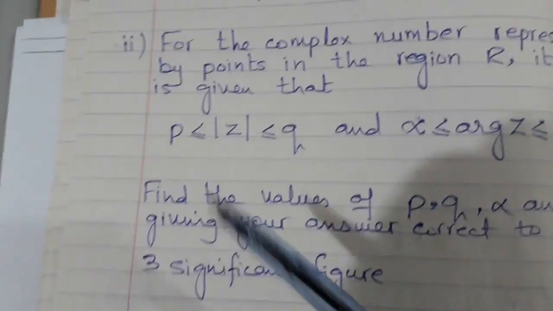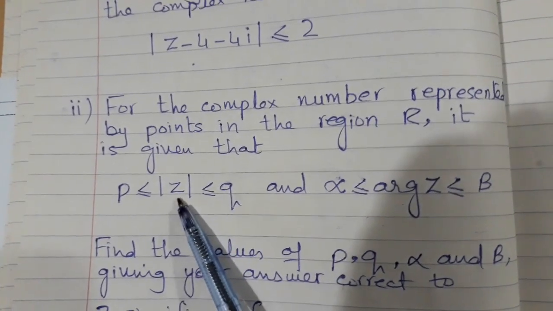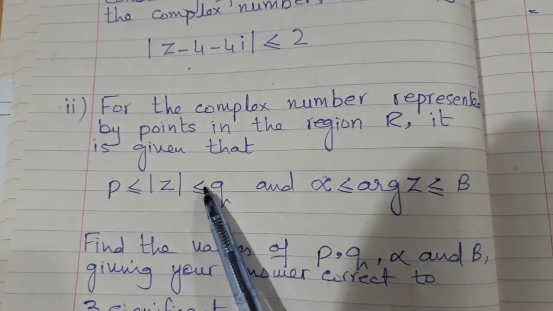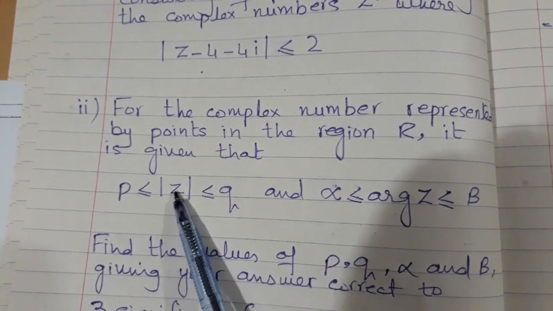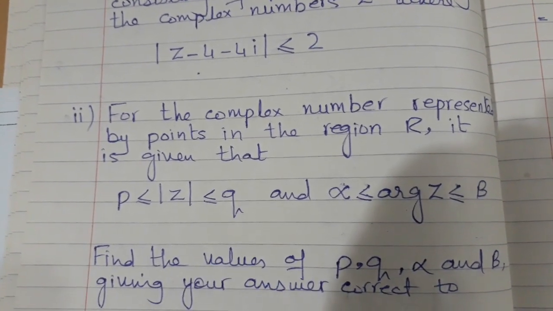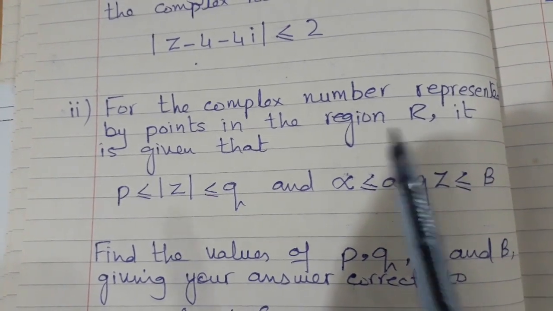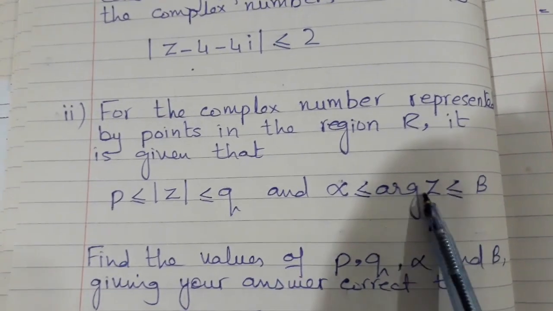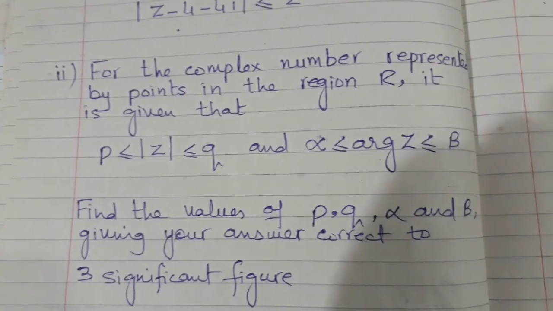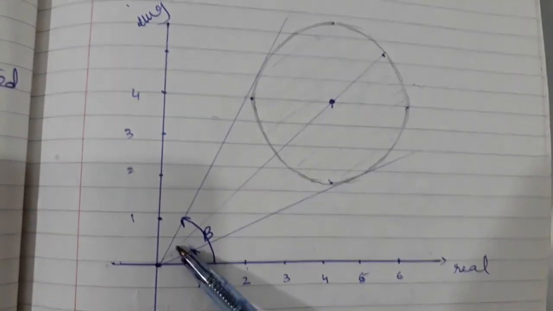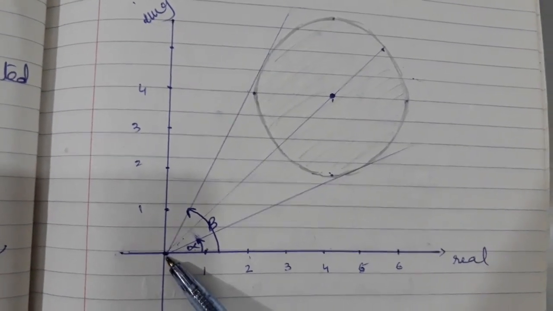If you do not remember the question, let's see it again here. This was the question, saying find out the value of p and q from the origin. So now we will find out the value of alpha and beta. Argument of z means I'm talking about the angle. Now from the origin, if I see,